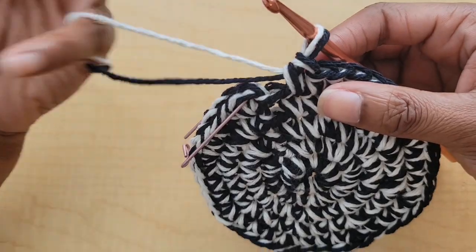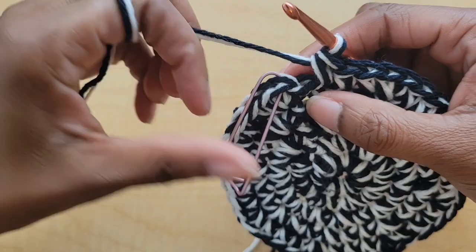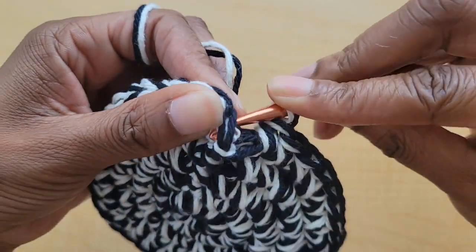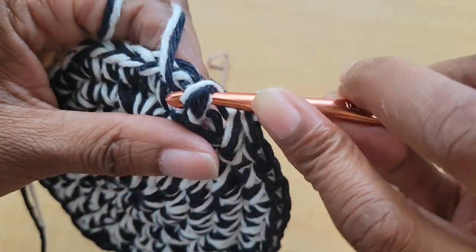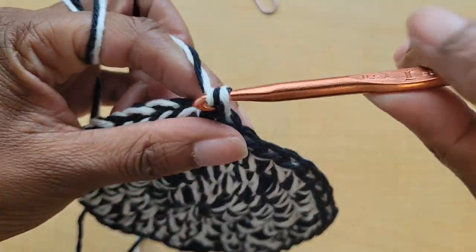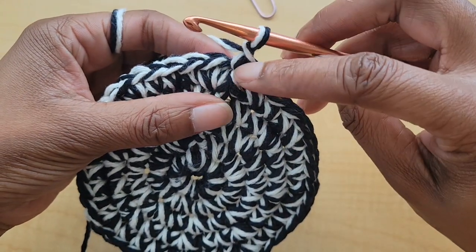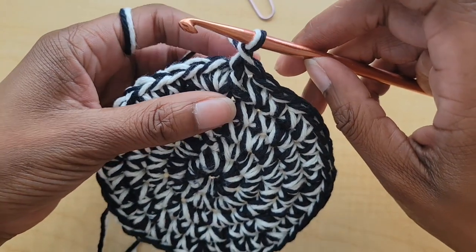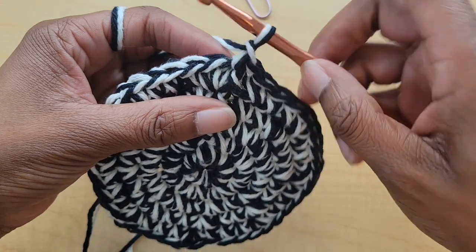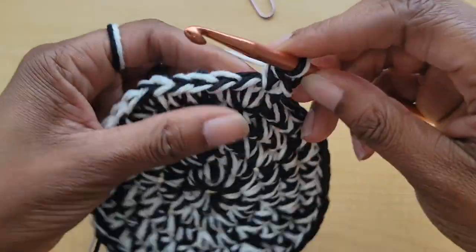Alright, so once you're done with your 40 single crochets of that round, we're just going to again slip stitch into that first single crochet. And for row 6, we're going to chain 1 and start on our next pattern, which is 2 single crochets in the first stitch and 1 single crochet in the next 4 stitches. My apologies. So 2 single crochets in the first stitch, 1 and 2,